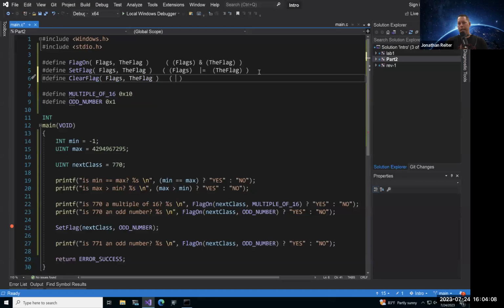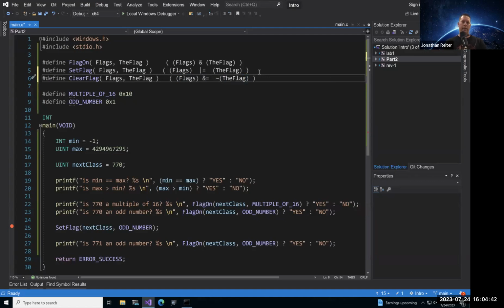Now this one's going to be a little crazy the first time seeing this. So I'm setting my placeholders inside parentheses where the flags are going to go. On the right-hand side of our operator is the flag that we want to clear. The operator we're going to be using here is an and equals, so the ampersand and equals, and then the tilde.